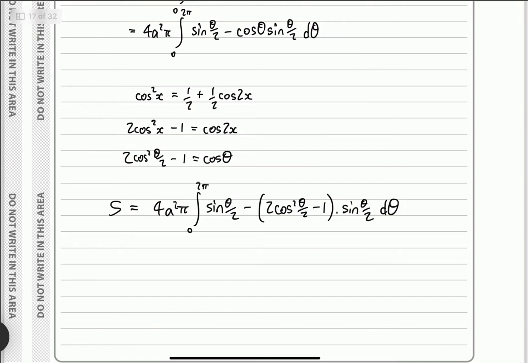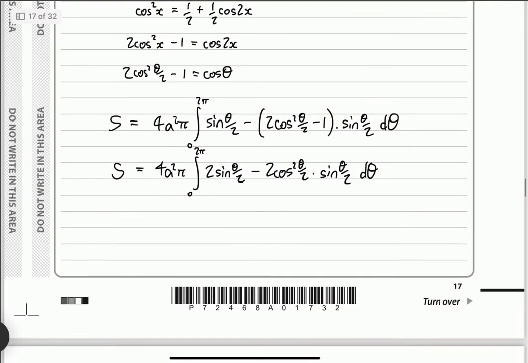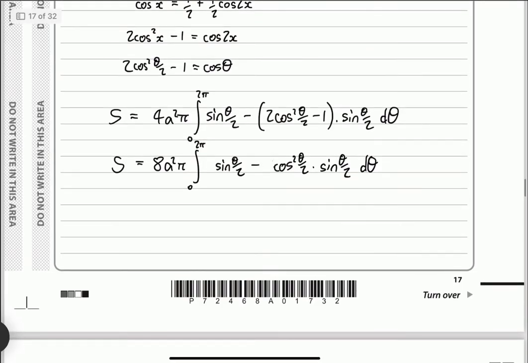Expanding that out. I had hopes that maybe that sine theta by 2 would cancel, but it will not, it will add together. So we're going to have 2 sine theta by 2's and a minus 2 cos squared theta by 2 times sine theta by 2. But I think finally we are ready to integrate. So the first term, actually let me just get rid of that 2, pull that out as well, so I don't have too many constants floating around. So the first one will integrate directly,